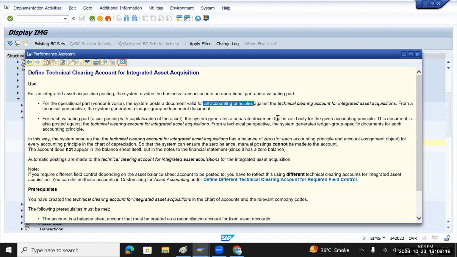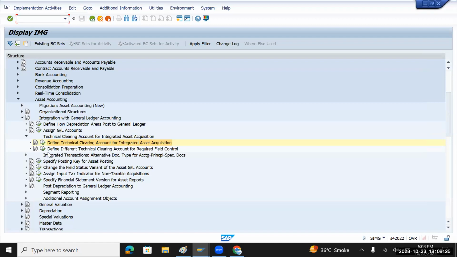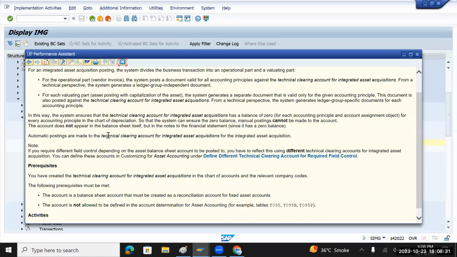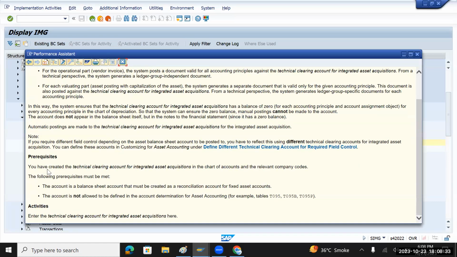So it will be created for the separate accounting principle. So close this one. So we'll create one account, and one more important thing which SAP said is how we want to create the GL account. So the prerequisite what SAP is saying is a technical clearing account integrated with asset accounting that needs to be created as a reconciliation account under